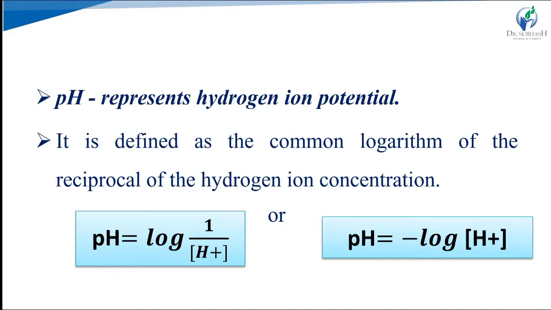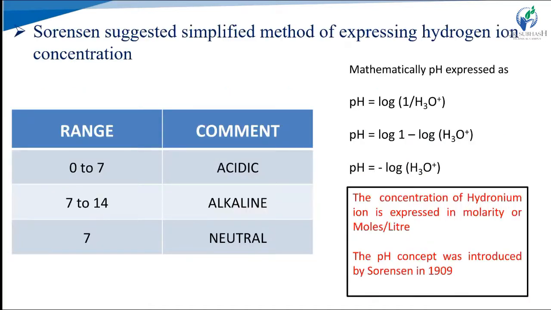So the pH, we can say, is a unit to measure the degree of acidity or basicity of the solution at a specific temperature. So it is a measurement of the hydrogen ion concentration. pH is the measure of degree of acidity or basicity on the basis of measurement of the hydrogen ion concentration. So the pH value that we determine represents the type of solution, whether it is acidic, basic or neutral in nature.